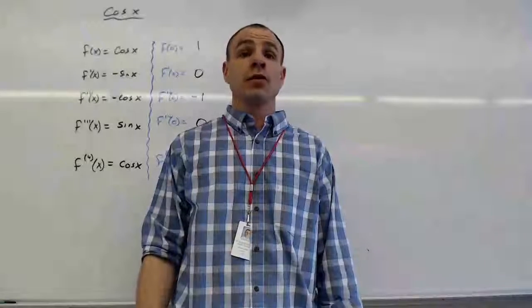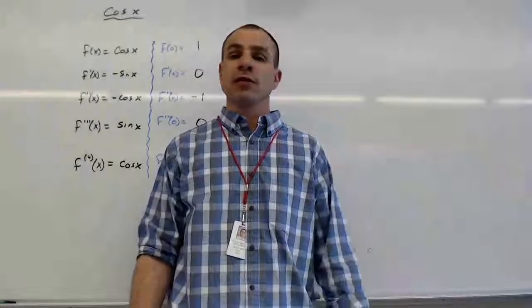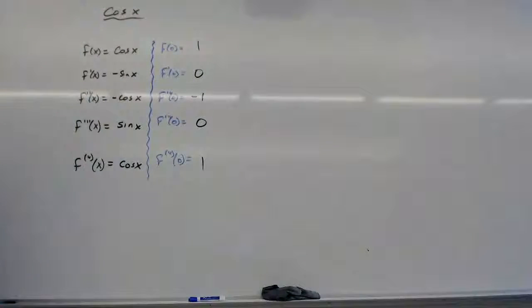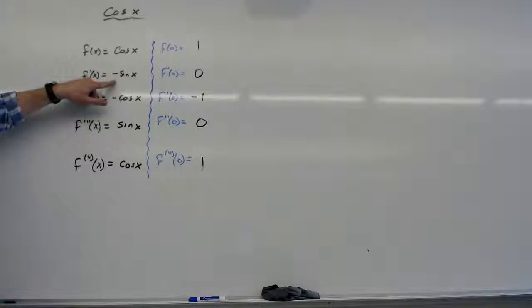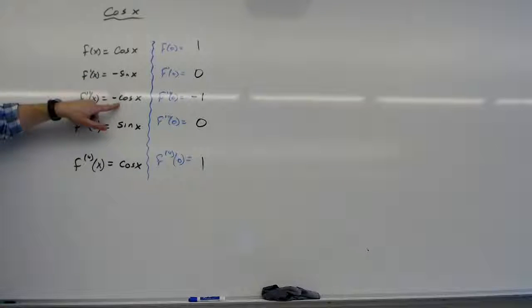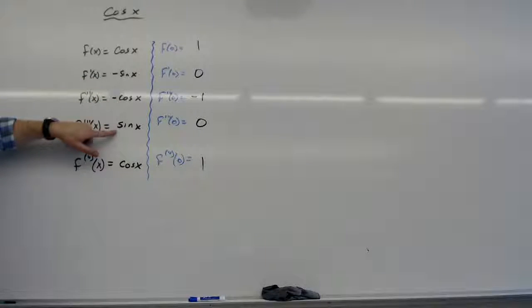We're going to handle cosine just like we handled sine. We're going to see that we have the looping in a very similar manner. We start with our function as cosine, which derives to the opposite of sine, which derives to the opposite of the cosine, which derives to sine of x, which derives to cosine of x, which brings us back to where